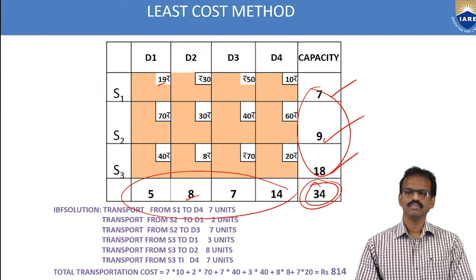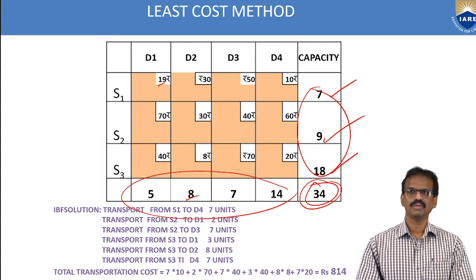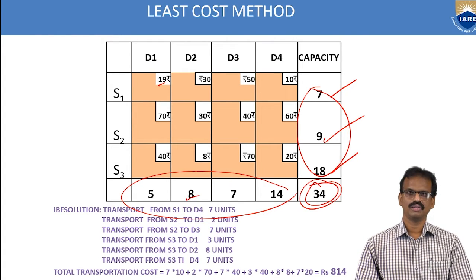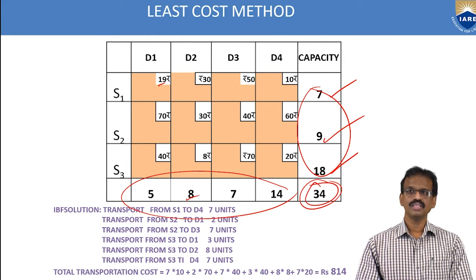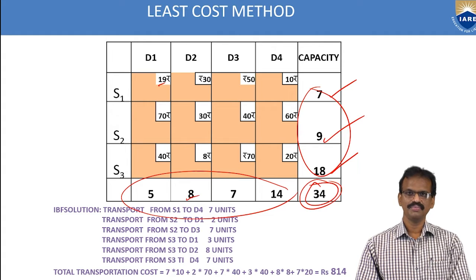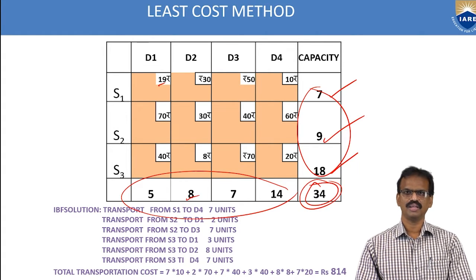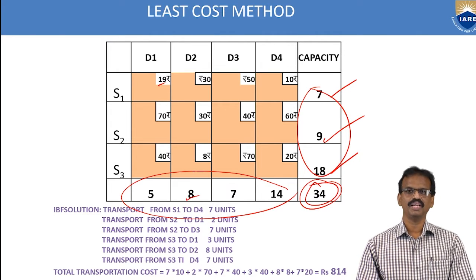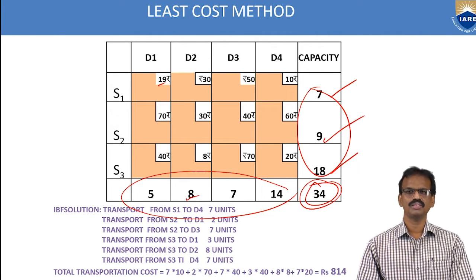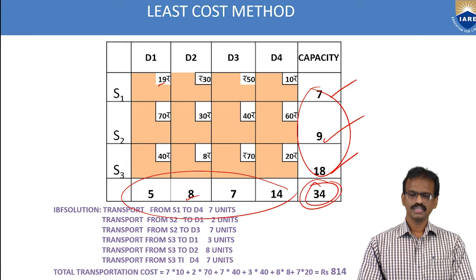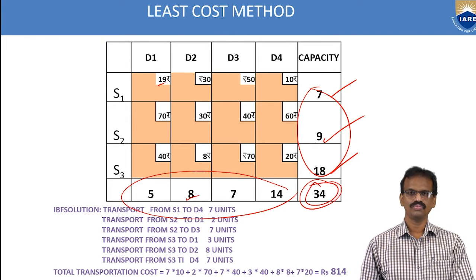Then we can proceed to solve the transportation model by any of the three methods: the northwest corner rule, the least cost method, or Vogel's approximation method. If it is unbalanced, we have to balance it by adding dummy columns and dummy rows. We'll see that type of numerical in the next class. Here we solve the first step of the transportation model, finding the initial basic feasible solution by the least cost method.